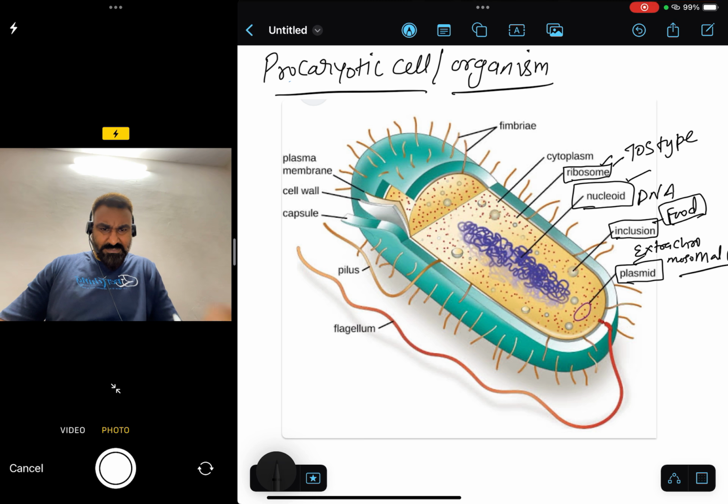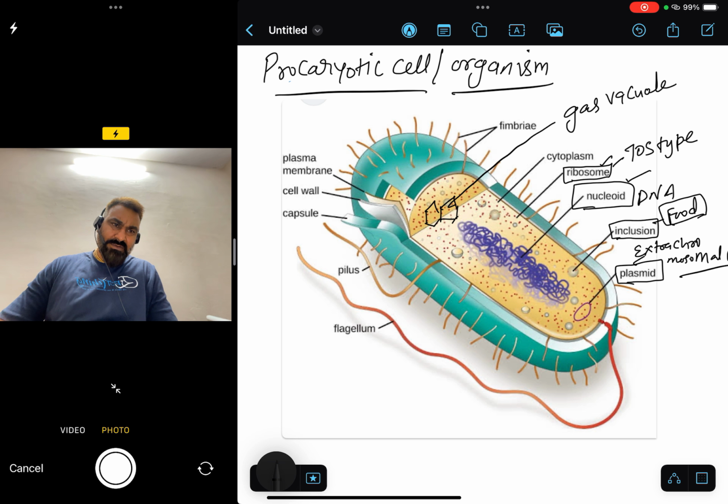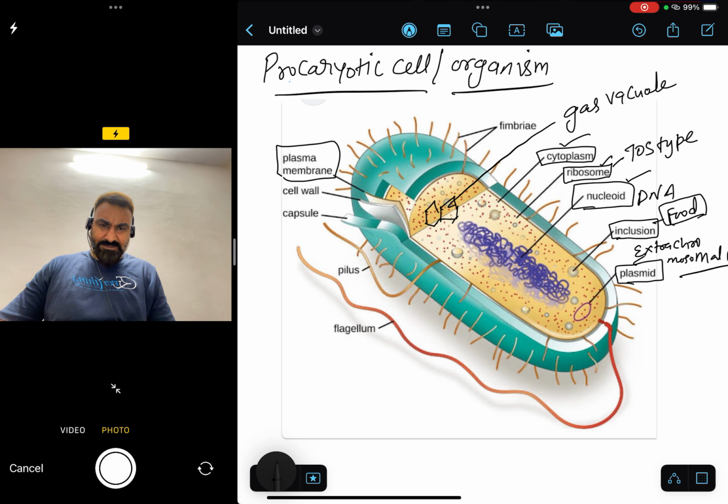Apart from this, it also contains small vacuoles which are filled with gas, which are known as gas vacuoles, and the liquid filled inside this prokaryotic cell is known as cytoplasm. And if we go outside, a structure which surrounds this cytoplasm is known as plasma membrane, and which is